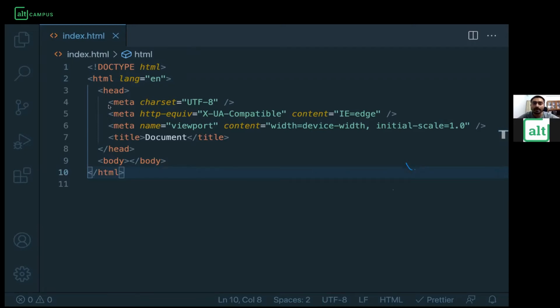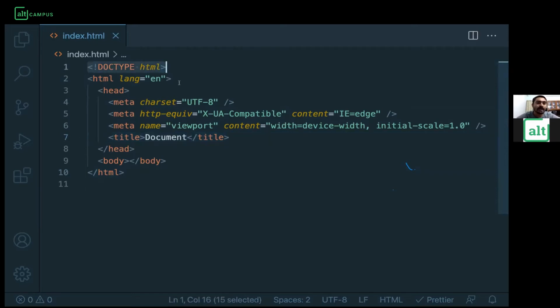This helps the machine render the page properly, read things, know whether it is compatible with every browser or not, and how the viewport, meaning how the screen, will look on the page. These are just basic things you're going to need. Obviously there is a lot more detail about all of this, so I'm not going into more detail. Just remember for now that we need a standard HTML document that starts with doctype,